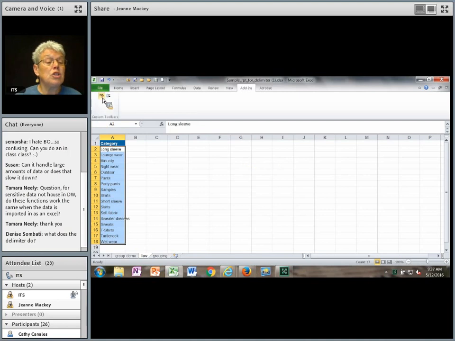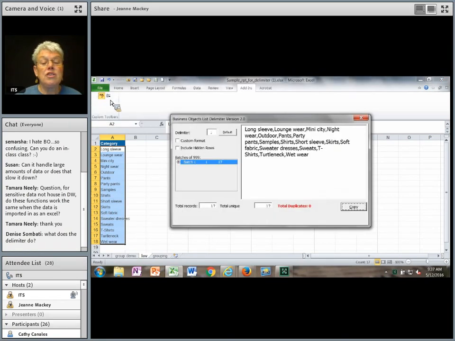But this SQL is going to copy everything in that list, and I can tell it, do I want it to be delimited by a semicolon or a comma? In this case, I want it to be a semicolon. So see, I just typed that in and it automatically put it in there. I'm going to copy it. So when I go back to Business Objects,